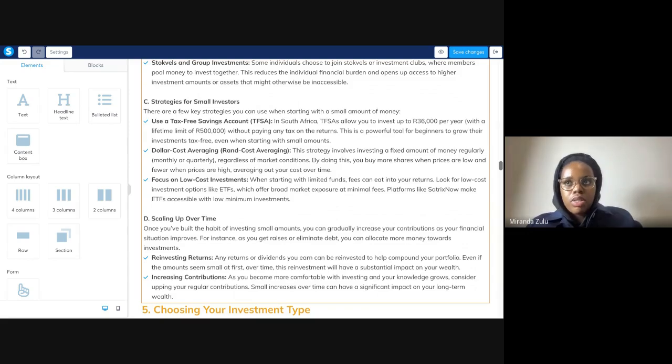You asked that because I also felt that way when I started. I was like, okay, I've bought this 20 Rand share in, I think, MTN or Telkom it was. And then I was like, okay, where to from here? There's so many other companies. Which one should I buy next? I just focused on my TFSA account, and I said, okay, I'm going to buy companies that I know. So I bought Mr Price. I bought companies that I was using and that I knew. But I was not doing any analysis at that point.